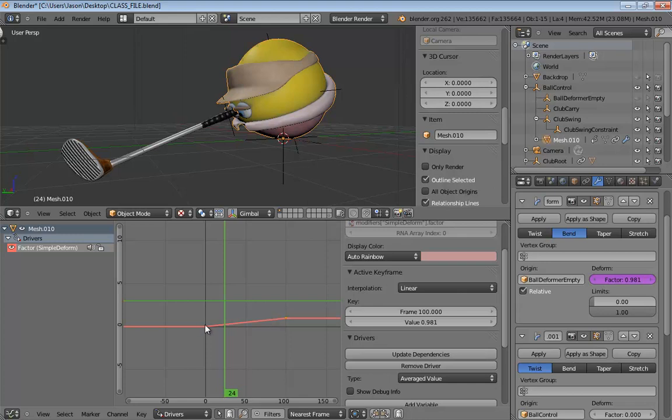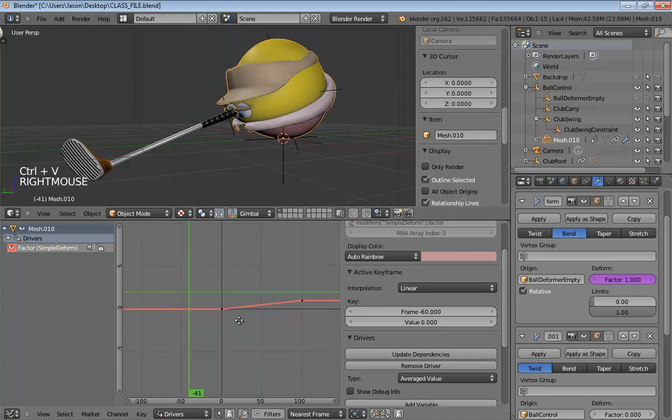Again, the whole idea here is you're just defining a graph that makes the relationship work. So in this case, a bend of about 1 is working really well for us. So that's what we'll do. Now we can place our cursor on the left side of the curve and just paste again. Doesn't really matter where it goes because we can set the numbers manually at this stage. We can say the frame will be negative 100 and the value will just be the opposite of what we set before. So we'll make it negative 1.